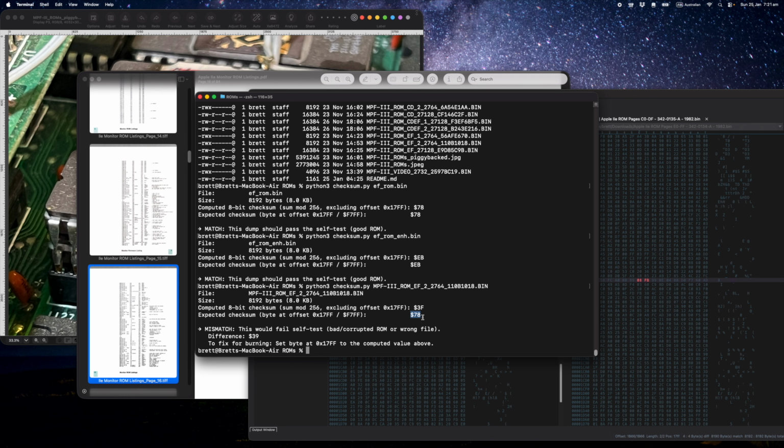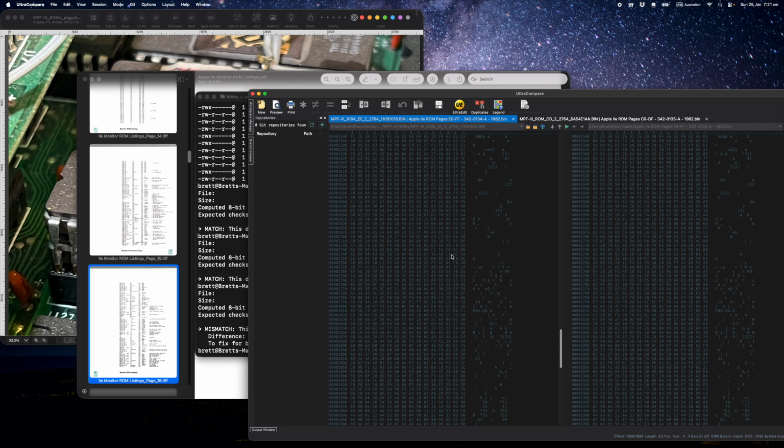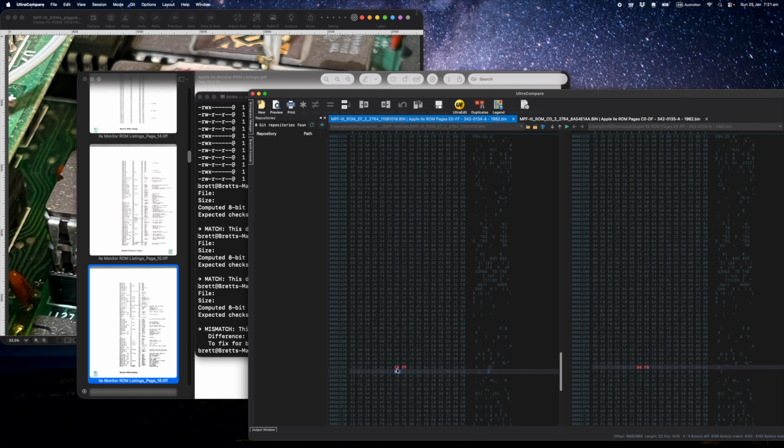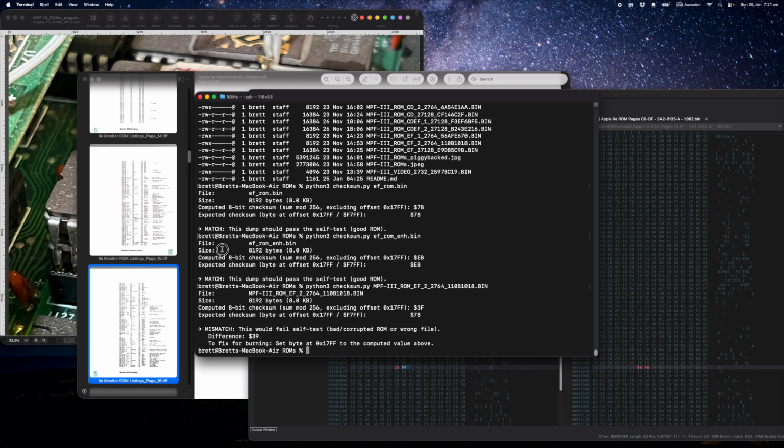So that's why I'm getting the E10 error. I could patch this value to 3F so the checksum works, but it's going to cause a problem, because this should be printing Apple II when it boots. So that is, I think, the problem. I'll just replace my EF ROM with the official Apple II ROM,